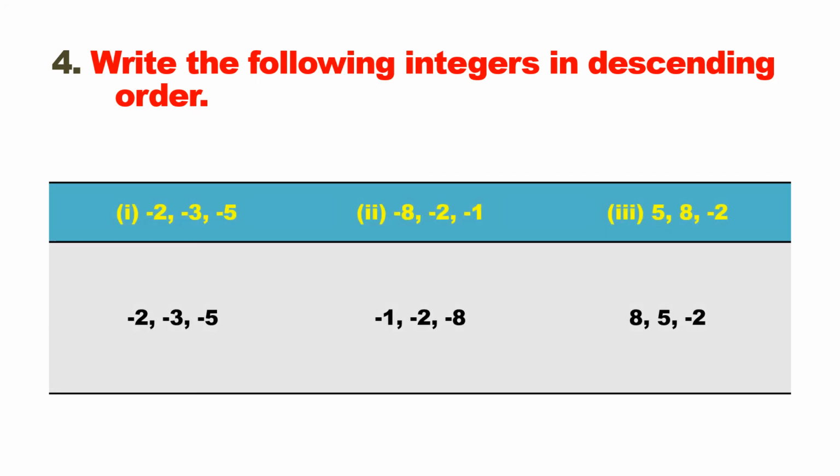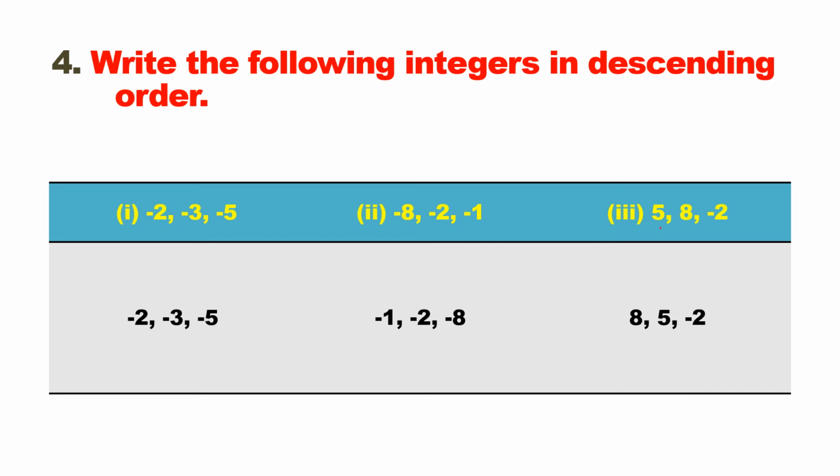Here all are negative numbers only. All negative numbers, descending order. In descending order, with negative numbers, the small number is the big one. Next this one, next this one. Already he arranged this one. Here when you see, the small number is the big one, right? So this is the first one, this is the next one and this will be the next one. Clear?